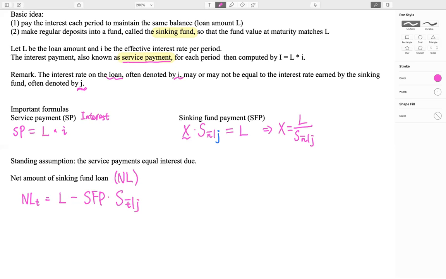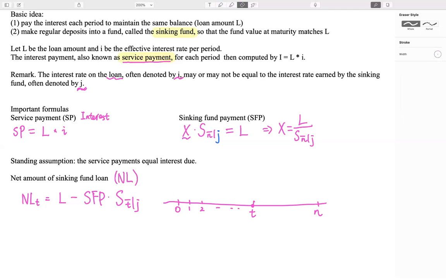So what we have is this basic idea. Basically each payment is X, in other words, SFP if you want to write it that way. So this is what we define as SFP. We directly use L minus it, because we always pay interest at each period, so the loan amount does not change. It's still L. Previously, under the amortization method, we would use L times